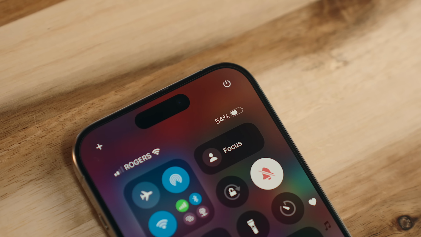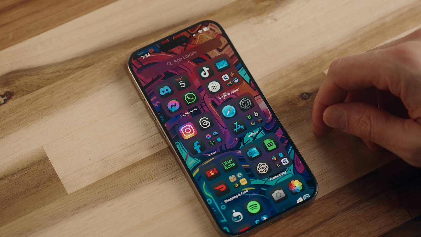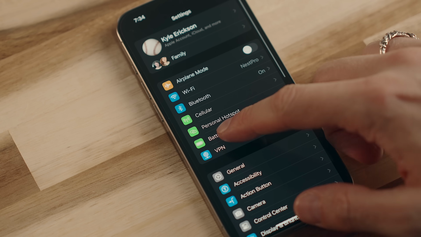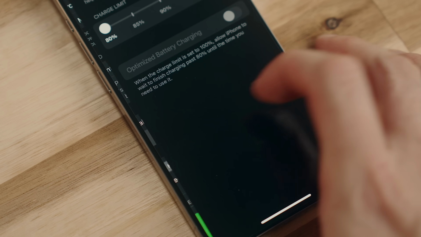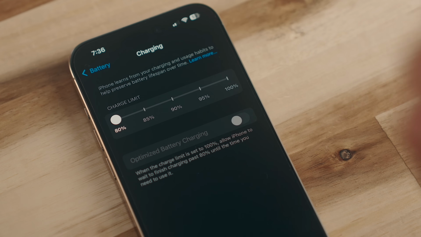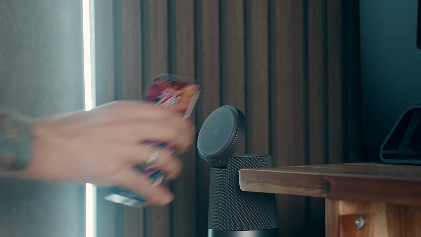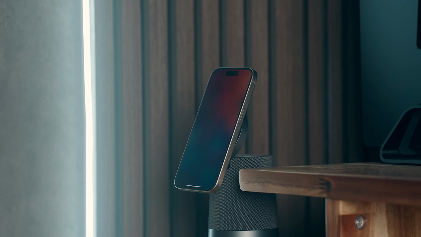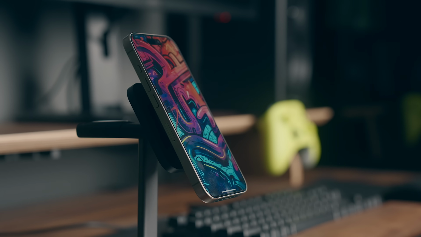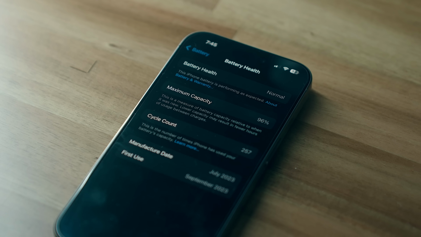The next thing that I want to talk about is less about managing my time and more about my actual phone with battery optimization. One thing that I've done for the last couple of years when I get a new device is head into Settings, and under Battery, I'll go into Charging, and I'm going to bring my charge limit down to 80%. This does restrict my battery life a lot more, but because I always have chargers kicking around, I generally don't worry about running out of charge, and this does extend your battery life over a large time span. Think in terms of years versus days or months,